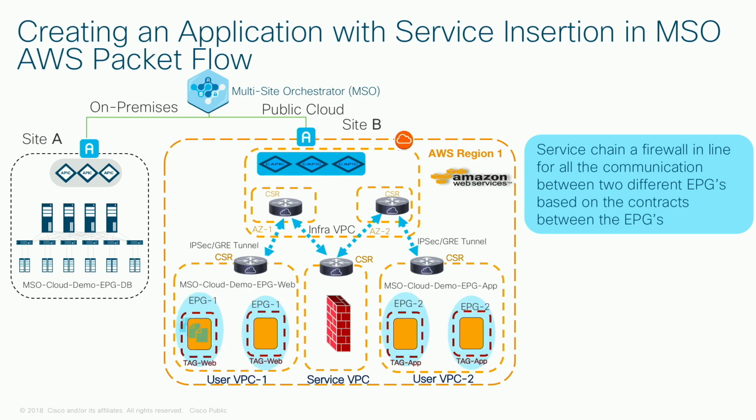Taking a step back from the complexity of how the communications are actually happening, I think a bigger message here is that if you are invested in ACI and managing your traffic flows in that way, you're able to continue using that tool in the public cloud now, meaning in theory, it's actually easier because ultimately you don't have to care about that fancy slide that's happening right there. Exactly. You really don't need to know. This is very complex to do, right? In MSO now, it's literally drag and drop, and it just happens, right? There's a ton of stuff that happens in the back end to make this happen, right?